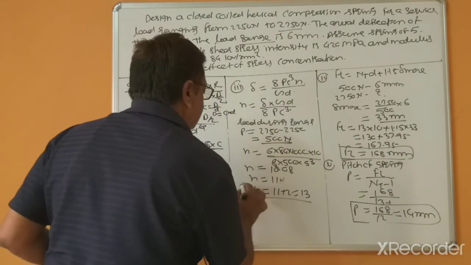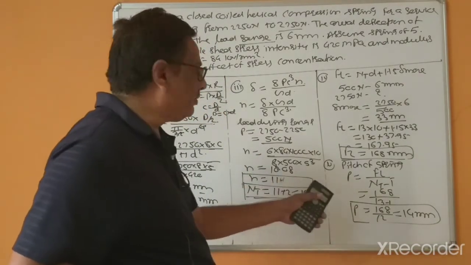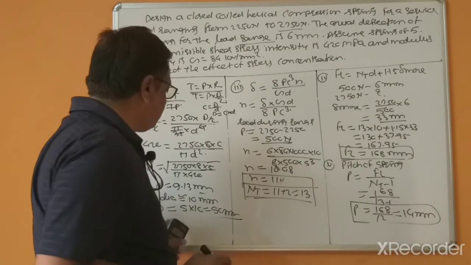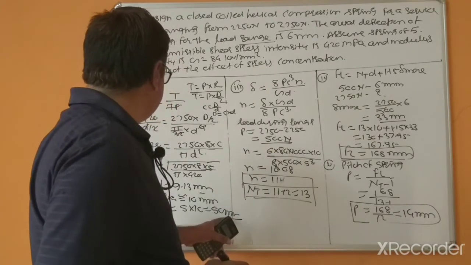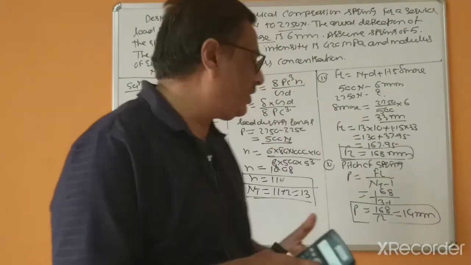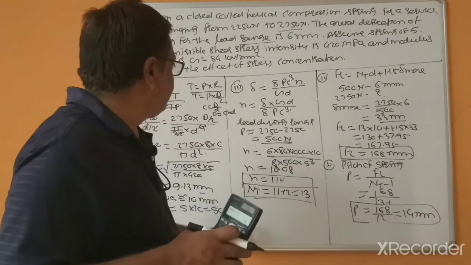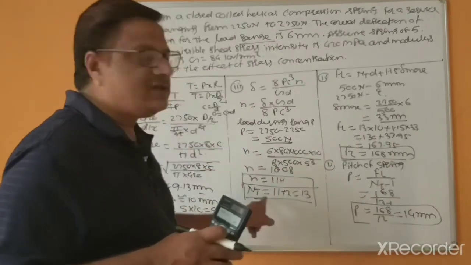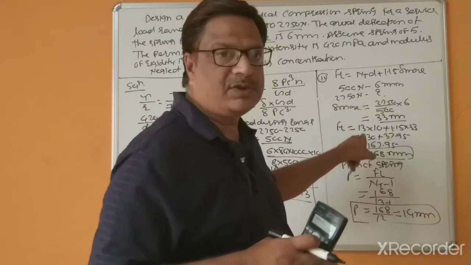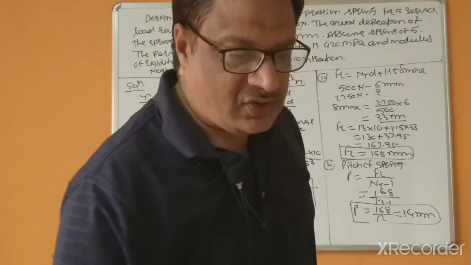Here small d is the wire diameter, capital D is the mean diameter of the springs, N is the number of active turns by assuming square ground ends, NT is the total number of turns, FL is the free length of the springs, which means without load, and the pitch of the coils is equal to 14 mm. Due to the limitations of time, I am not writing what the mean of D is. So I solved the problem correctly.